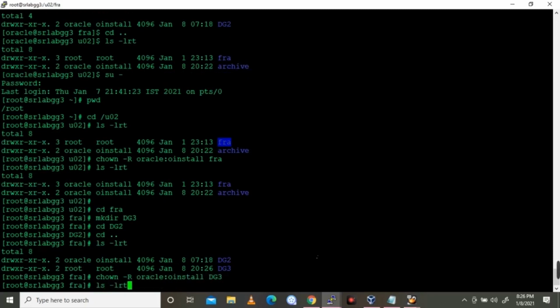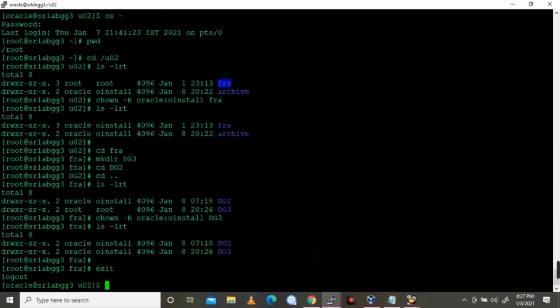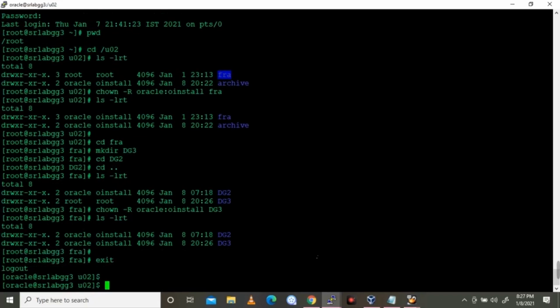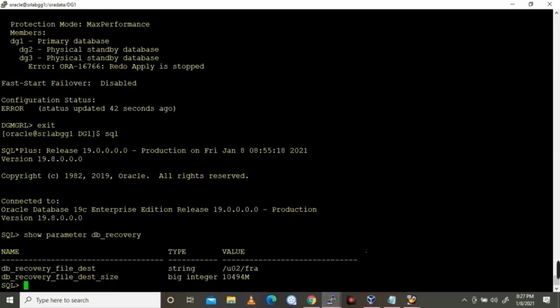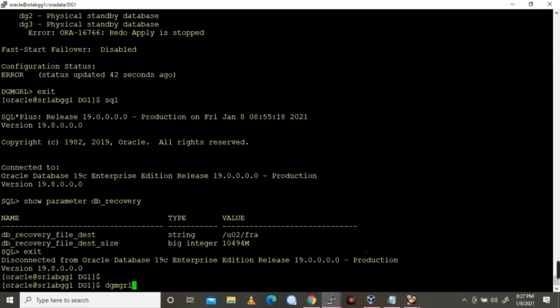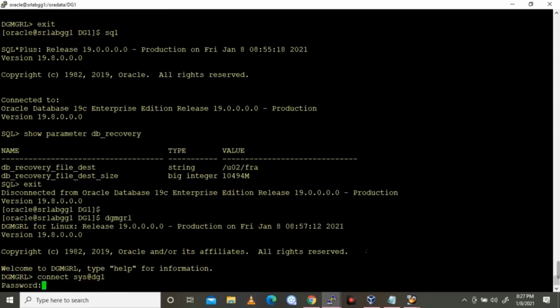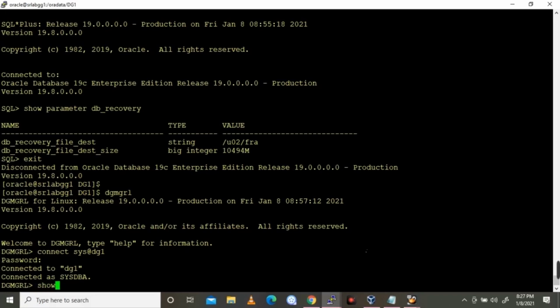This is the cause of the error I was getting while converting to snapshot standby. The FRA location must be enabled, I mean the DB recovery file destination. In my case it was not there, so I have created it and changed the ownership, and now it looks good and we can start the conversion.